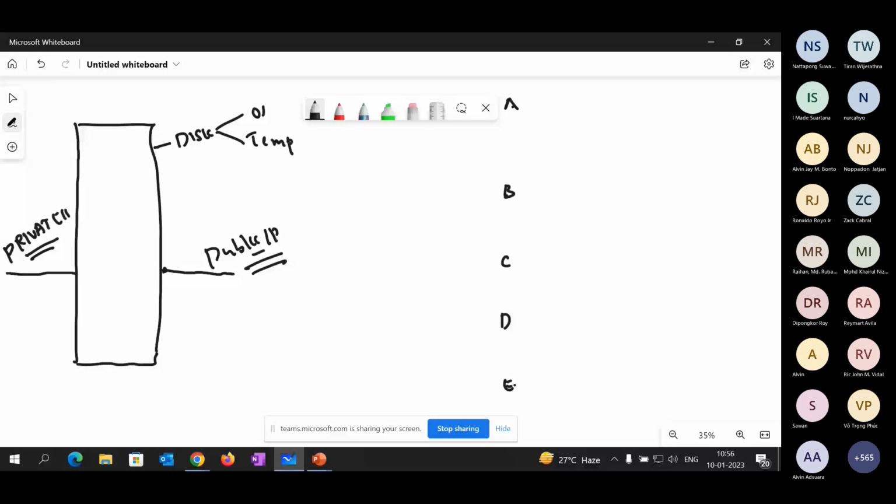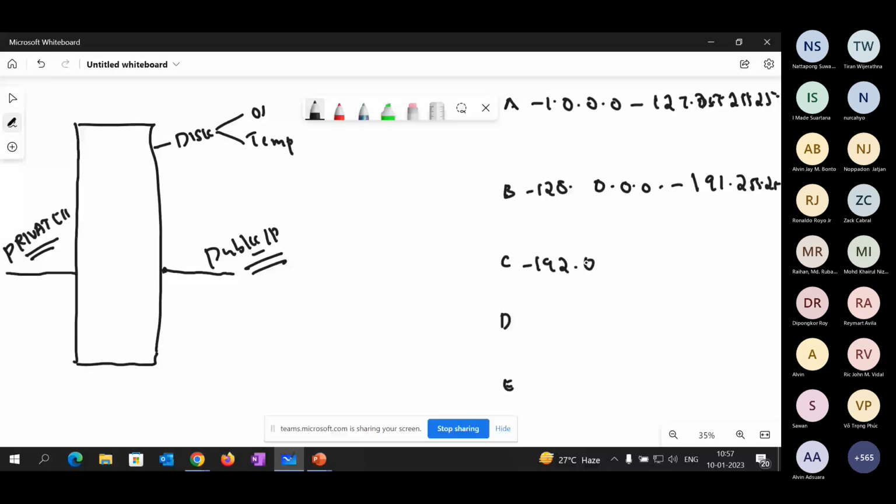A class A IP address starts from 1.0.0.0 to 126 or 127.255.255.255. Class B is 128.0.0.0 to 191.255.255.255, and class C starts from 192.0.0.0